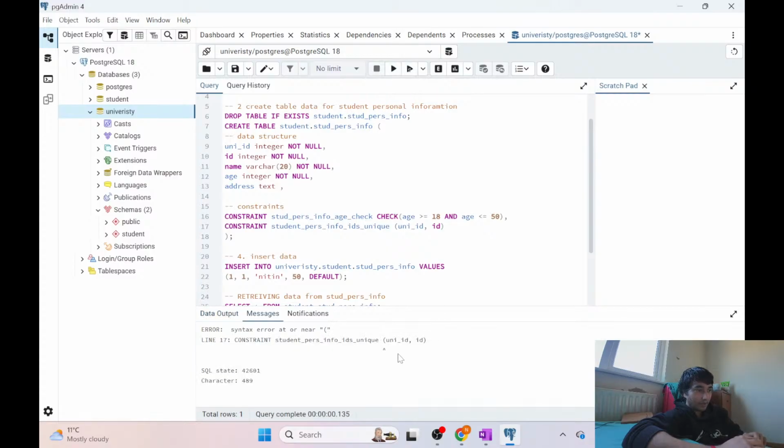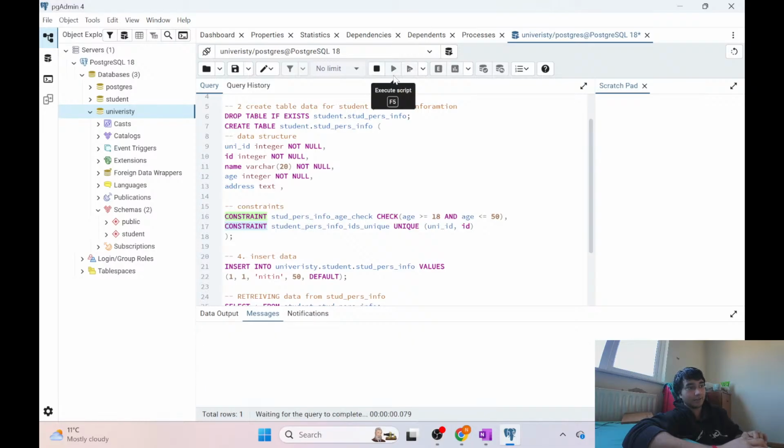Let's run it. Okay, there's a problem here with the brackets. Okay, I haven't defined what kind of constraint I'm applying. I'm applying unique constraint. Okay. So this is how we create a table name. Similarly, here for constraint we don't write create. We simply write constraint name, and whatever the constraint we are putting. Okay. This itself is a constraint like create. Now if I run it,